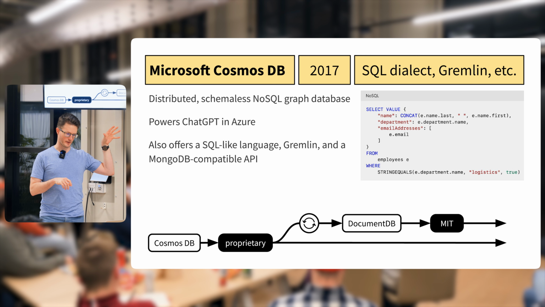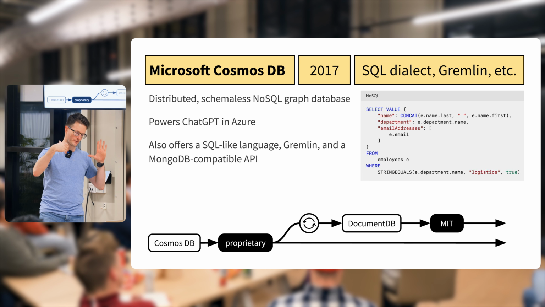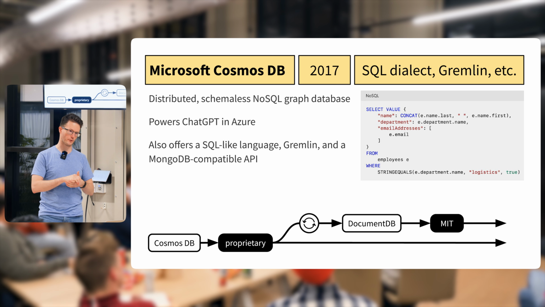What Cosmos DB provides is that it has SQL, but it has a really special dialect of SQL, where the joins are actually turned into this dot operator. So you can say e.name.first or e.department.name, where e is the employee. This is something that again solves the join problem where you need to traverse down certain edges. It's just syntax sugar for that sort of traversal.